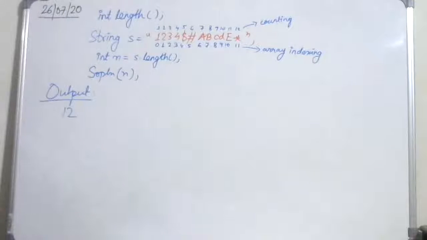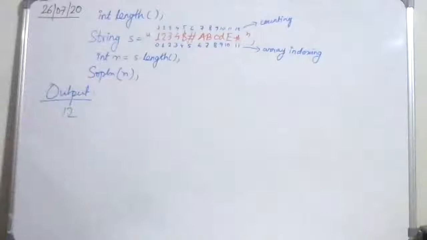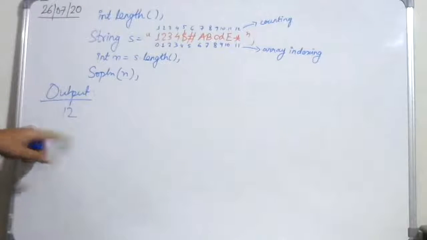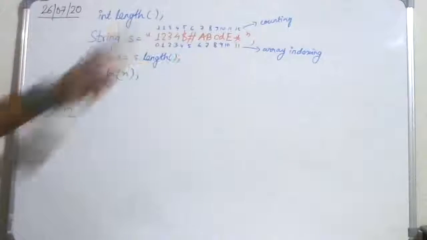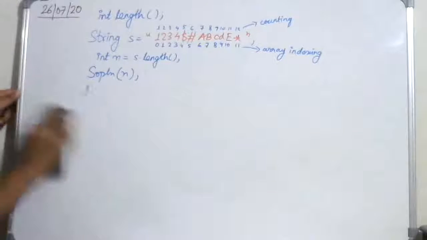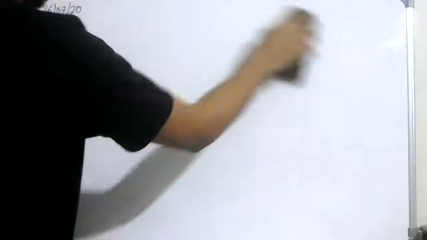I hope the length function is clear. It starts counting with 1, counts the number of characters and then returns that value. Whereas in the case of array indexing, since our count starts with 0, we have 1 less than the value returned by the length function. This property will be used when we write programs. So you need to remember that length always returns the total number of characters, so its value is not equal to the greatest index when you arrange the string as a character array.